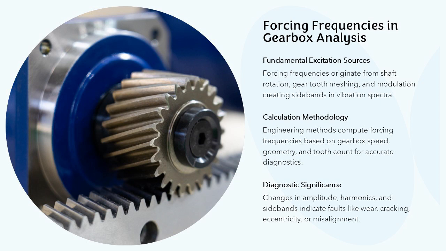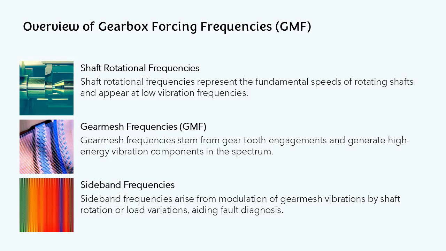The image illustrates a typical gearbox configuration used to explain how rotational motion and gear meshing generate predictable forcing frequencies that appear in vibration spectra. Gearbox forcing frequencies can be grouped into three primary categories: shaft rotational frequencies, gear mesh frequencies, GMF, and sideband frequencies. Shaft rotational frequencies correspond to the fundamental speed of each rotating shaft and typically appear at low frequencies in the vibration spectrum. These components provide the speed reference for all higher frequency phenomena and are critical for validating correct speed